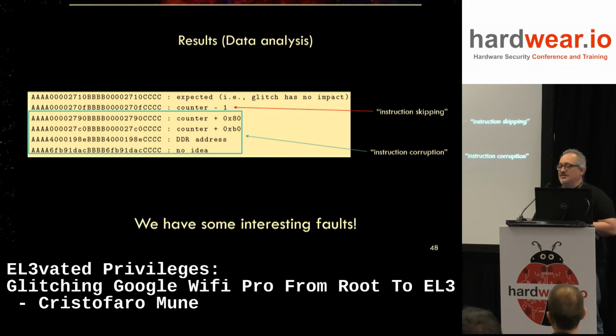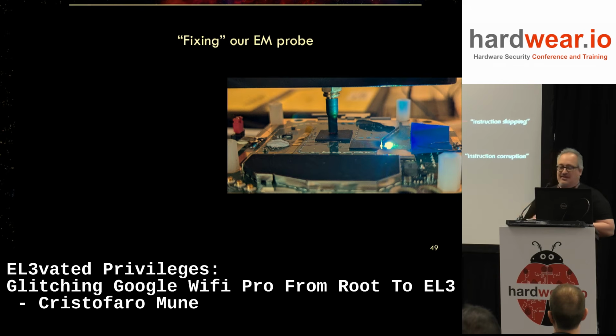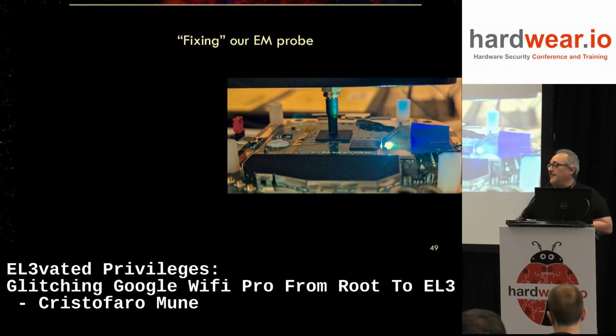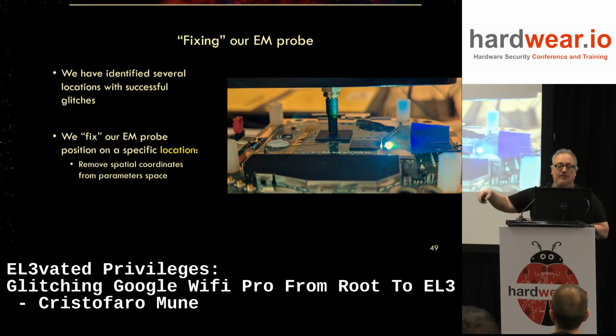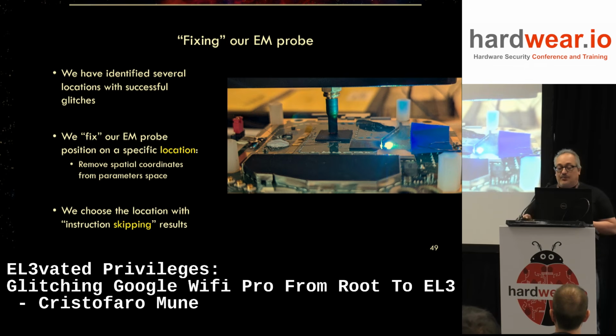Or we do see that sometimes the counter is above 2710. Now, long story short, this can be only explained by corrupting the instruction. So this means we have locations which are good, and we decide to put our probe in one of those locations. And the location that we choose is where we have the instruction skipping. We are going to see why